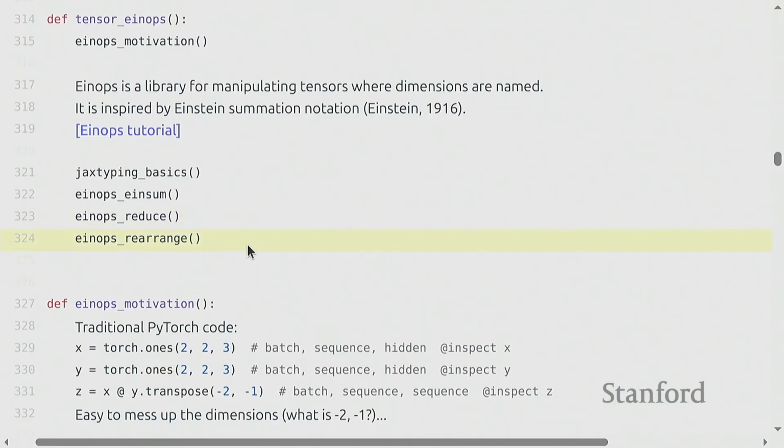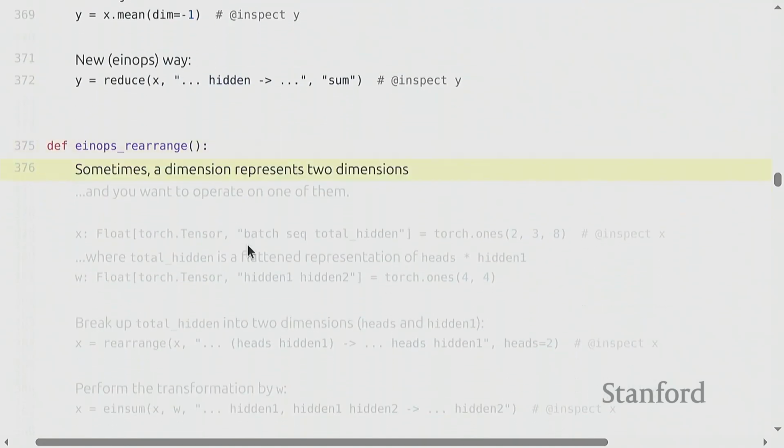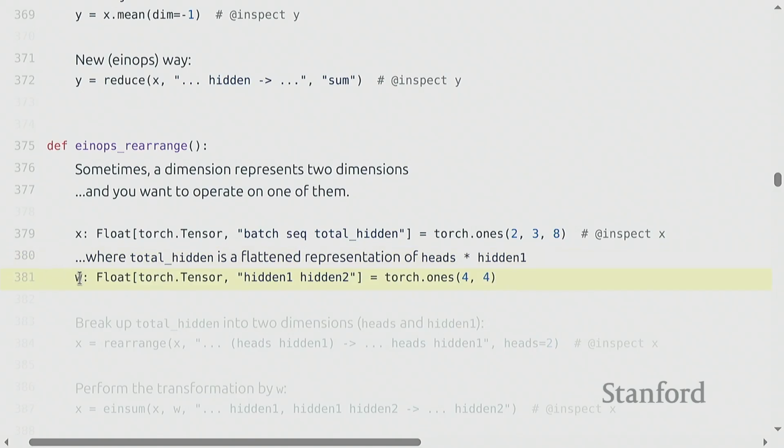Okay, so maybe one final example of this is sometimes in a tensor, one dimension actually represents multiple dimensions, and you want to unpack that and operate over one of them and pack it back. So in this case, let's say you have batch, sequence, and then this 8-dimensional vector is actually a flattened representation of number of heads times some hidden dimension. Okay, and then you have a vector that needs to operate on that hidden dimension. So you can do this very elegantly using einops by